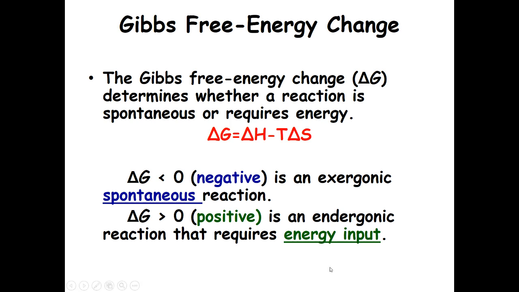Now, exergonic and spontaneous should be remembered together. So any exergonic reaction will be spontaneous. Okay, I'm going to talk more about this in a minute. And on the other hand, if delta G is more than 0, that means it's positive. Now in this case it's negative. This case is positive. Then the reaction is endergonic. That means energy has to be invested for this reaction to happen. Now the way to remember is endergonic means energy enters, right? Exergonic means exit, so energy is leaving the system. So this is the way to remember it.